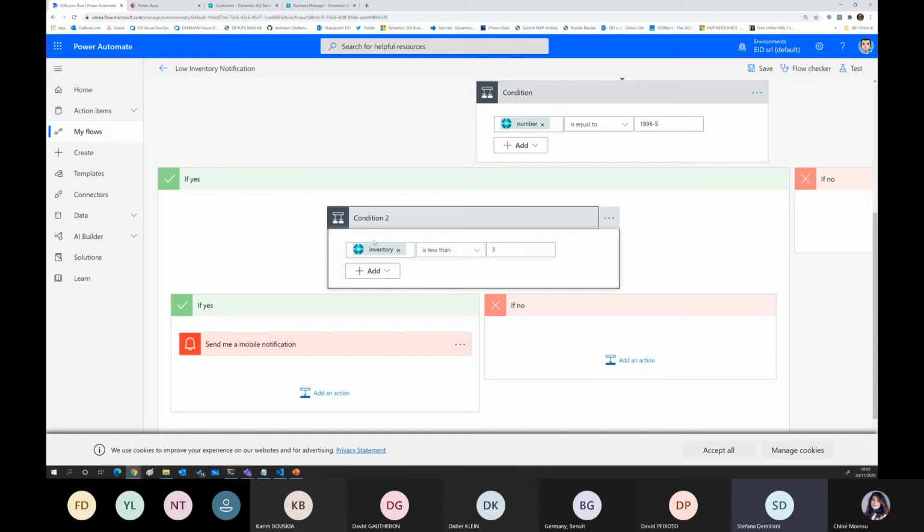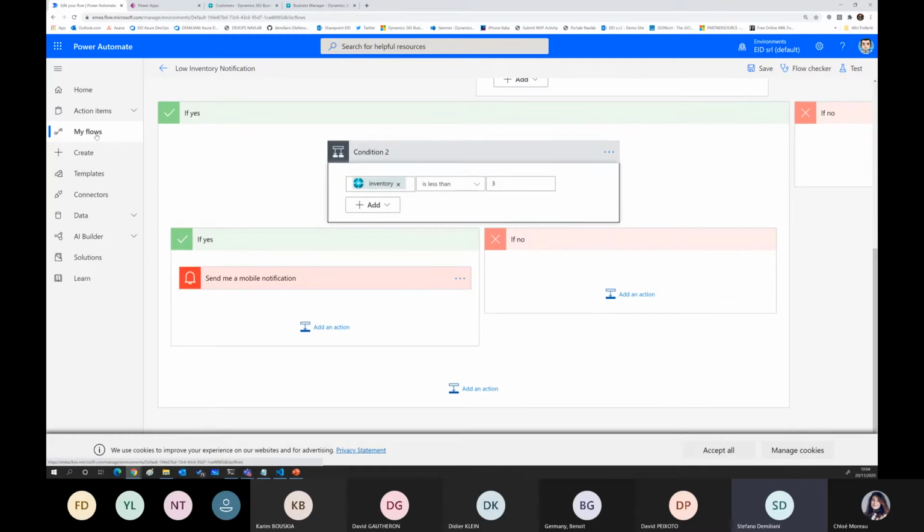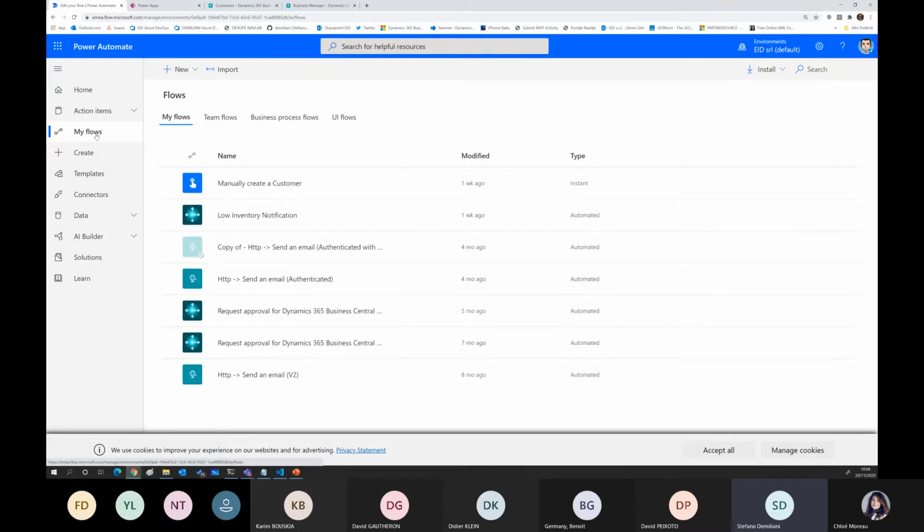I use inventory because inventory is normally a calculated field in Business Central. It's a field that is calculated each time you use an item, because it goes to the item ledger entry table and calculates the data. So it's dynamic data that changes all the time, and you can use it inside your flow for doing actions. Another example, as I said before, is the